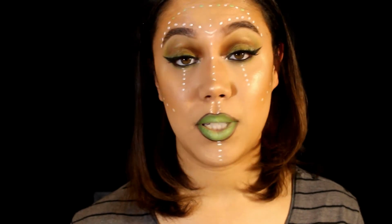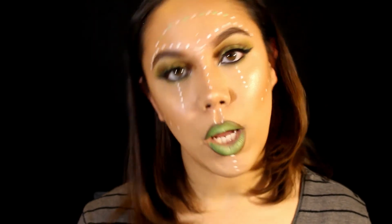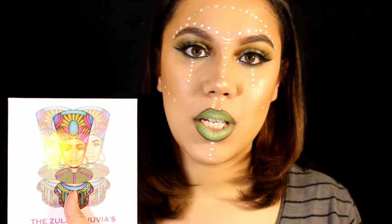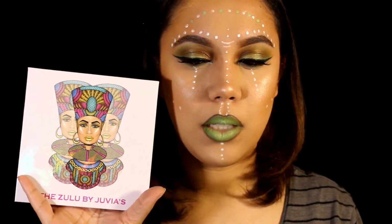And they did come out with some liquid lipsticks, which hopefully soon I can go ahead and get my hands on as well. But yeah, that's pretty much it. This is definitely a really, really good palette to have, and I believe it retails for